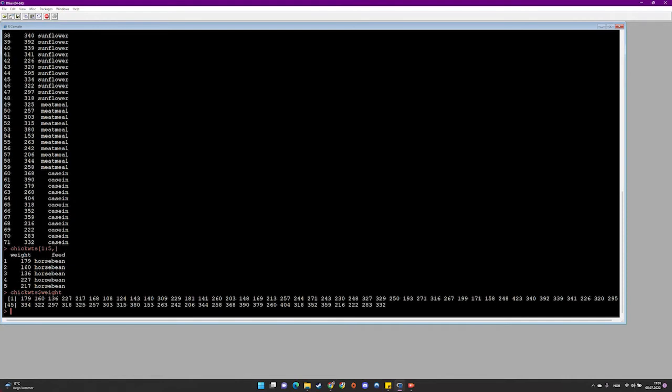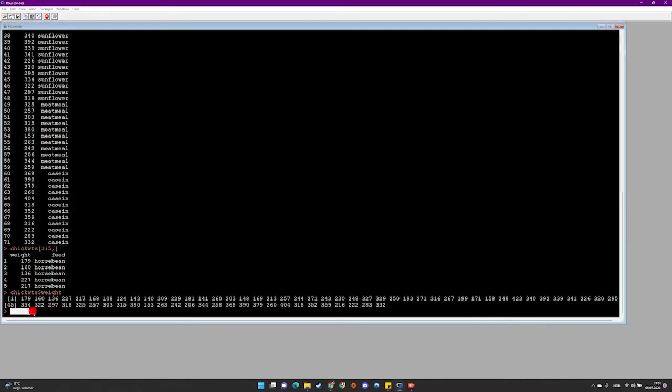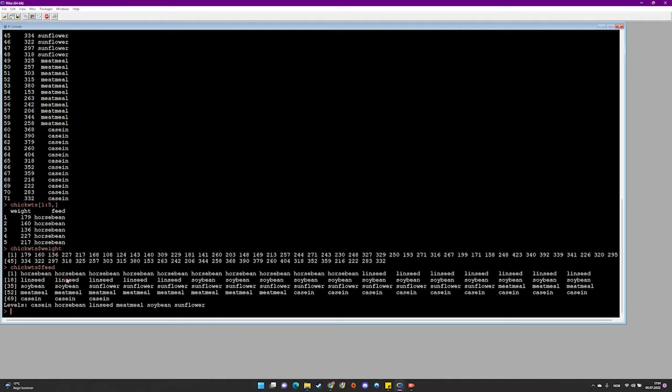For that, you will see only the weight variable of the dataset chickwts. If we are going to retrieve only the feed variable, you just call the dataset name again, put the $ sign and put the variable name, which is feed. Whenever we run that, you will see